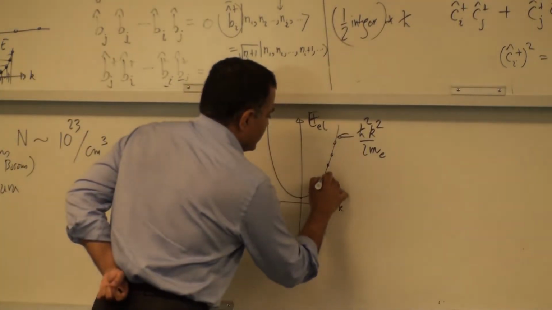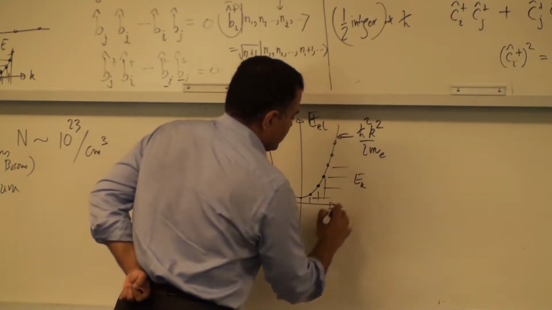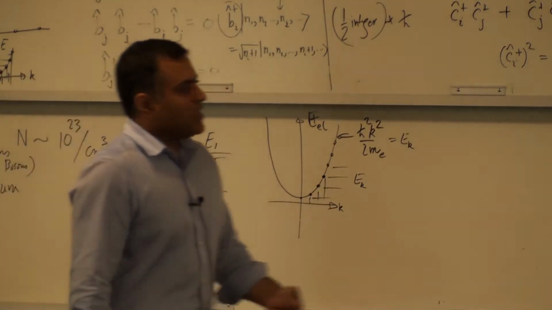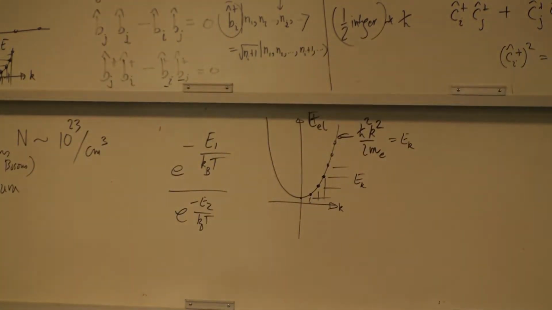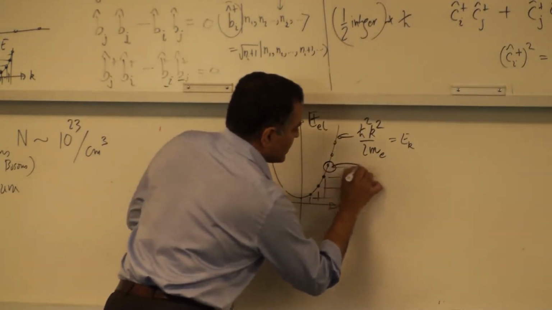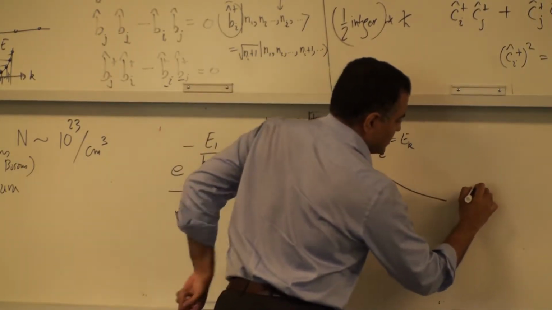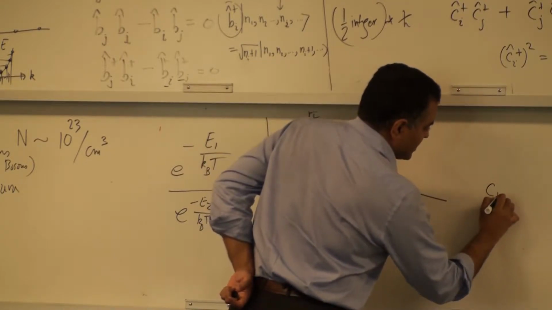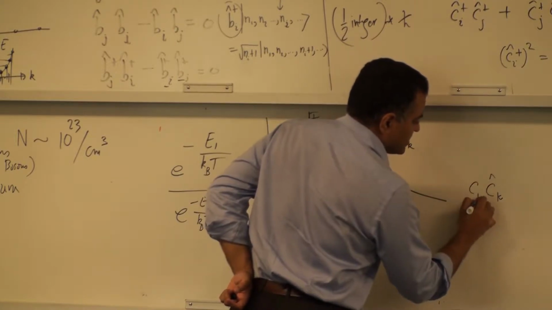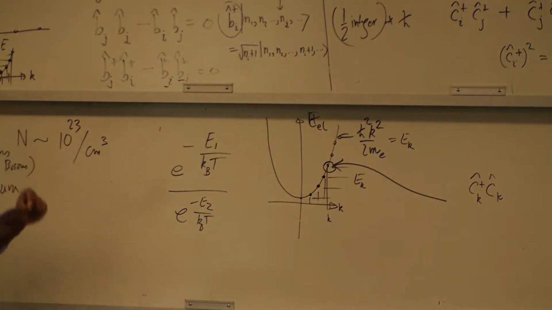Now, these energies we are going to label as E sub k, and that's the formula for E sub k. And based on this, we can start asking the question, and this is what I wanted to get to today. If I look at any state k here, labeled by k, it has a certain energy, and I know that for that state there are these creation and annihilation operators. c sub k is the annihilation operator, c_k dagger is the creation operator, right? For that state, for that orbital, right?